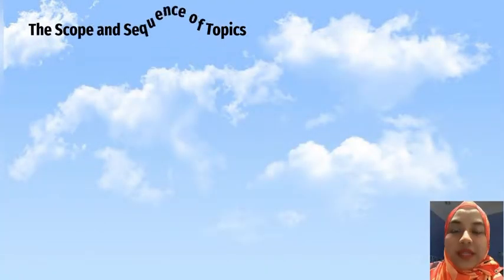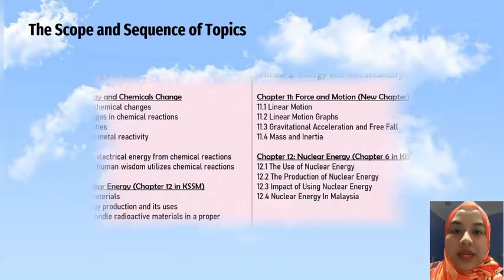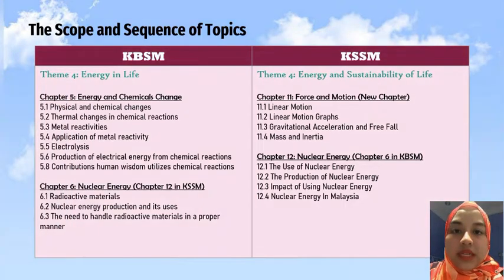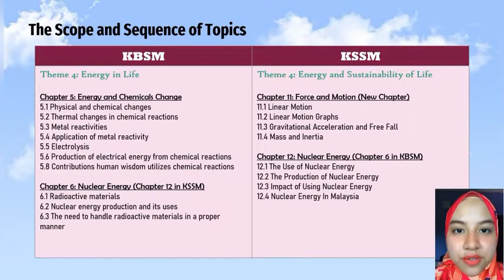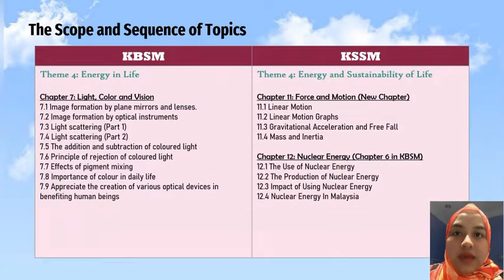As we look at the table, in KBSM, Theme 4 is Energy in Life, while in KSSM, Theme 4 is Energy and Sustainability of Life. Theme 4 in KBSM covers Chapter 5, Energy and Chemical Change, and Chapter 6, Nuclear Energy, which is placed in Chapter 12 in KSSM. In KBSM, Theme 4 also covers Chapter 7, Light, Color and Vision, while Theme 4 in